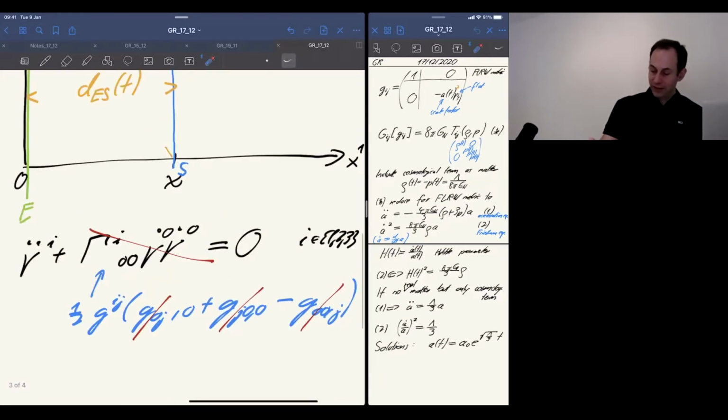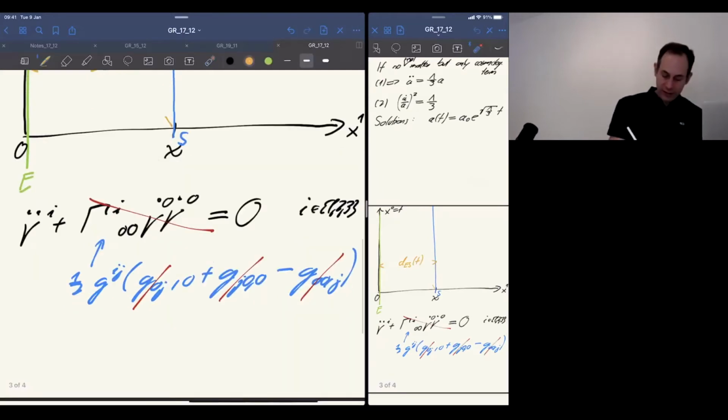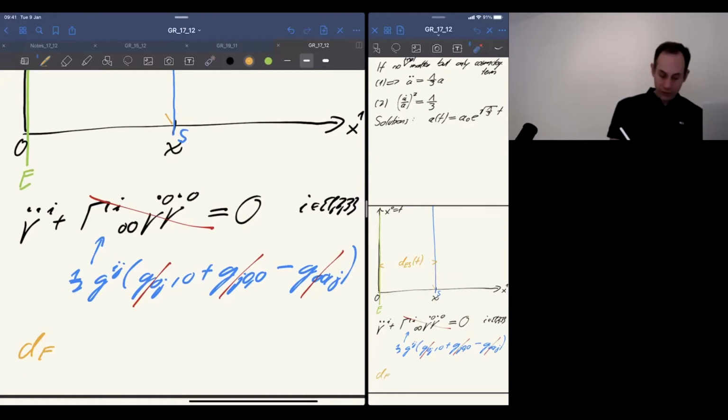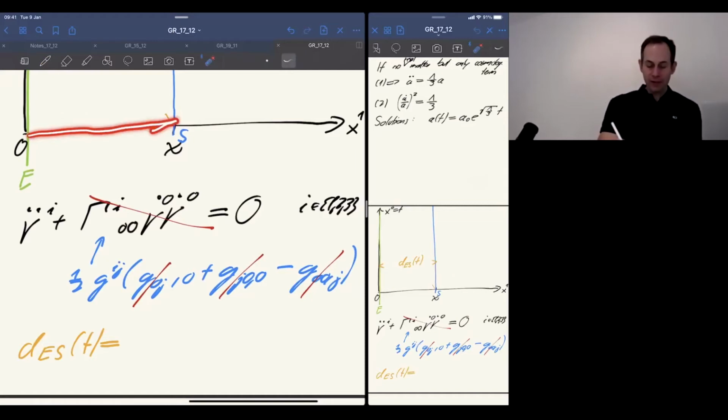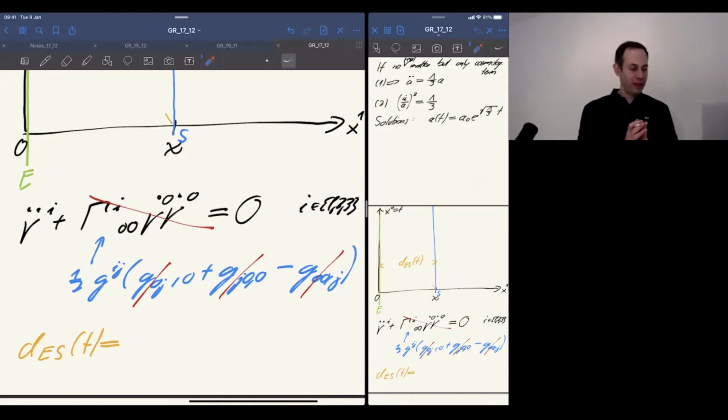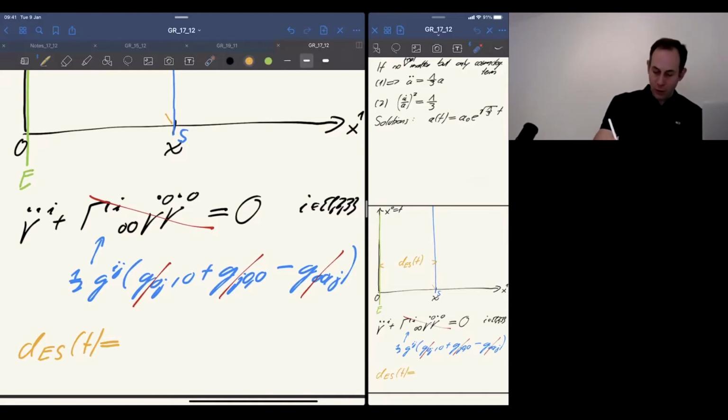So let's just calculate the distance using the metric. The distance between E and the star, the Earth and the star, is just given as follows. Normally, in order to evaluate the metric, you would have to integrate along the path from here to here. But of course, the metric is independent of the spatial coordinate. So instead of integrating, we can just multiply with the spatial coordinate, which is chi, times the value of the metric, so g_11, as we go in the one direction. And because of our sign convention, there has to be a minus,